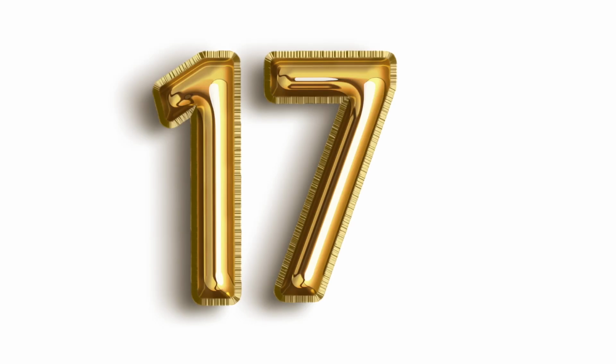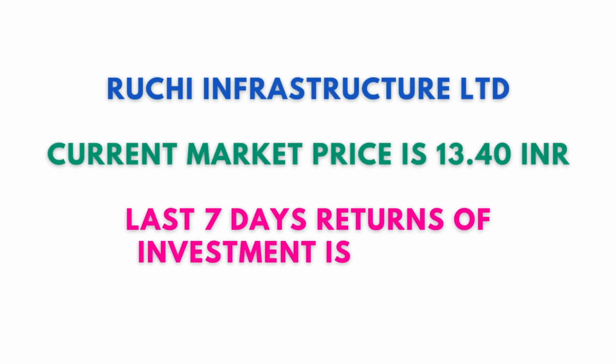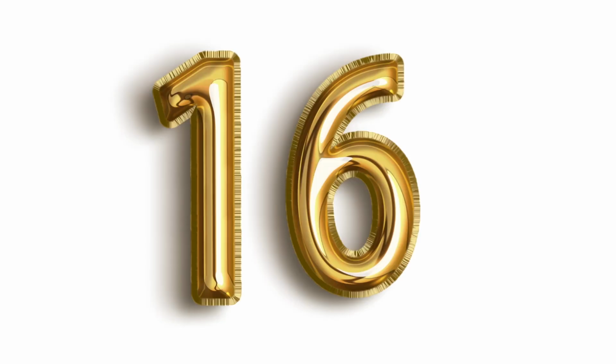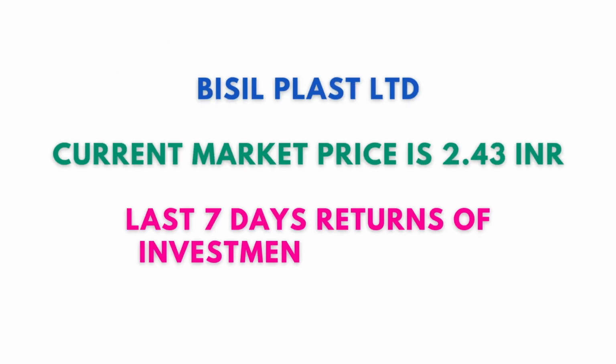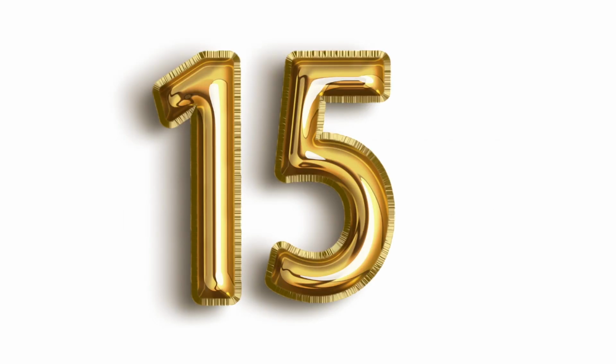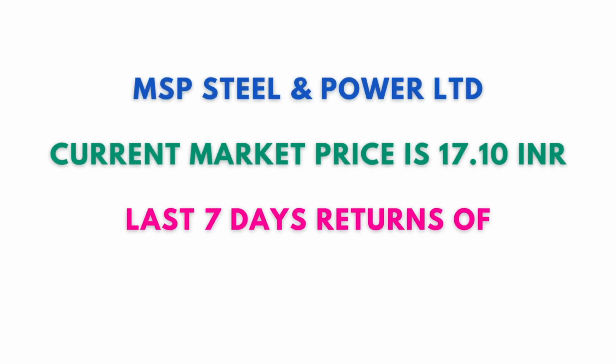25.79%. At the 17th position, Ruchi Infrastructure Limited, current market price is 13.4 and 7 days returns is 26.42%. 16th position, Bisil Plas Limited, 2.43 is the share value, 7 days returns 26.56%. 15th position, MSP Steel and Power Limited, market price 17.1, 7 days return